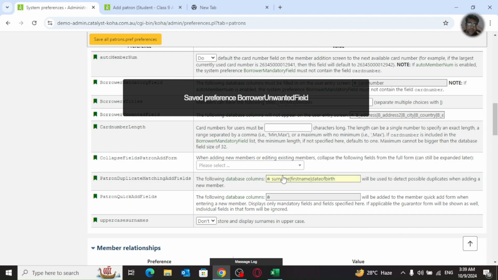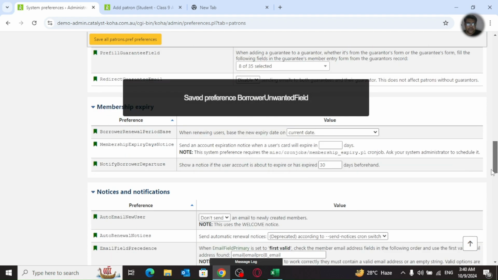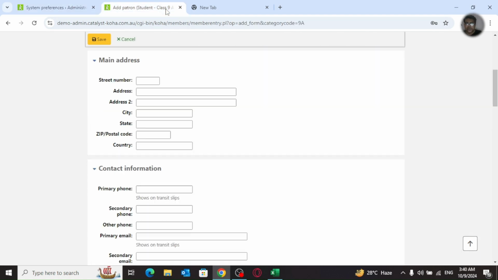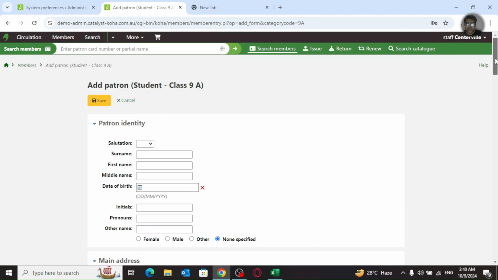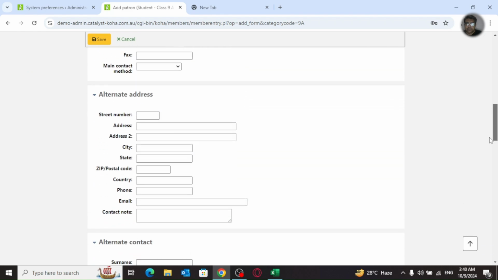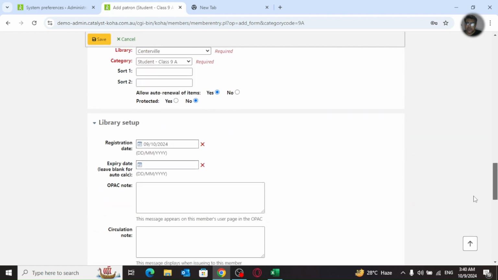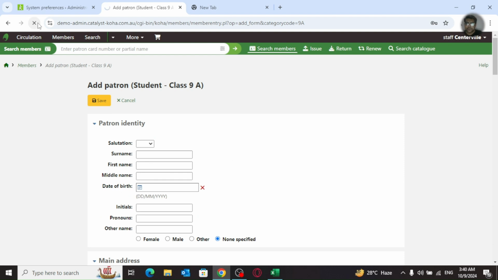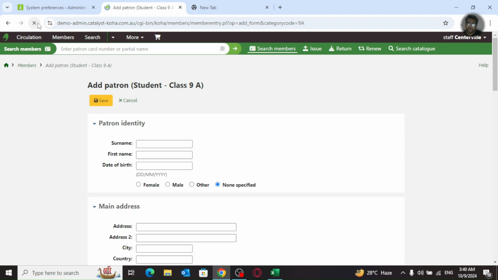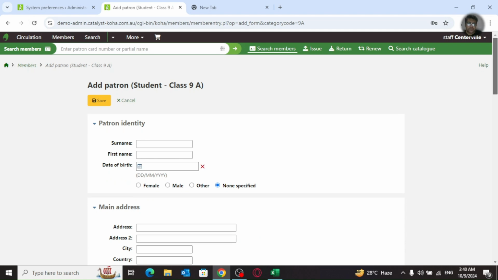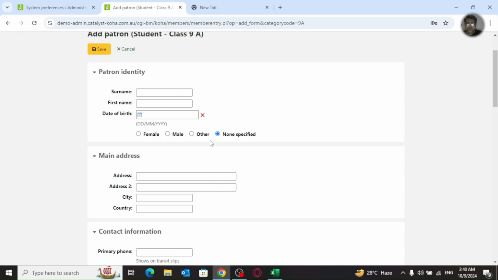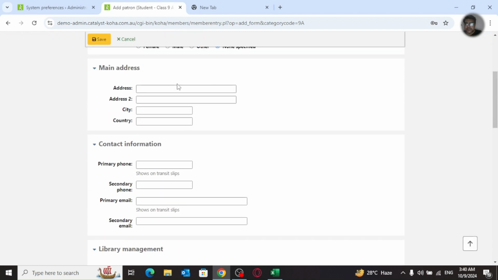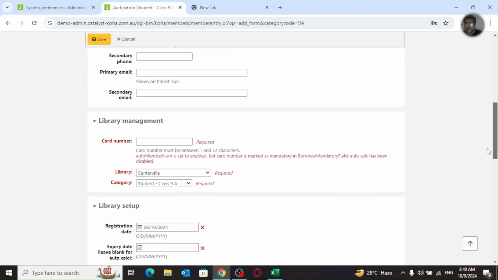So you can customize as per your need. This is what I do. When you refresh this form, you will see all the unrequired fields are hidden, for example alternative address, alternative contact number, and some other fields. So now you can see we have surname, first name, date of birth, gender, main address, that is address one, address two, city and country. We have contact information: primary phone number, secondary phone number, primary email, secondary email, and the card number, of course,